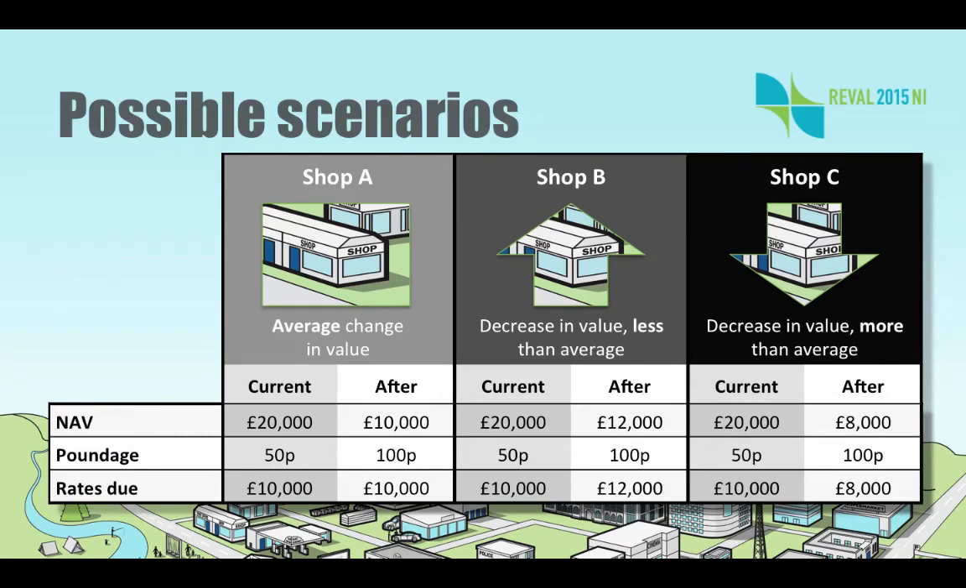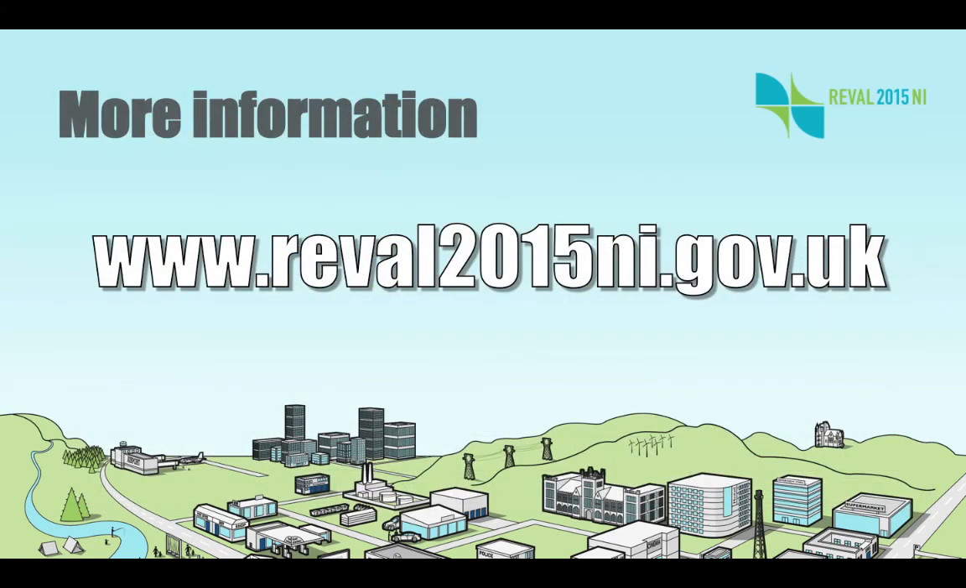Shop C. Here, the NAV is reduced to £8,000 after revaluation. The reduction in the value of the shop is greater than the average. Therefore, the ratepayer will see an overall reduction in his rate bill. The point of this simple example is that, however it's divided up, the revenue raised is still £30,000, but three ratepayers pay different amounts. More information on the non-domestic revaluation can be found on our website at